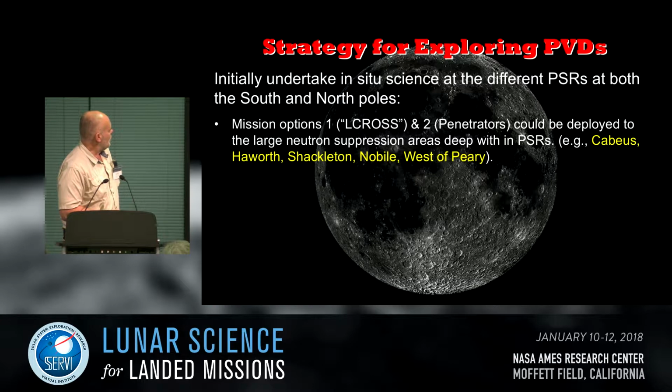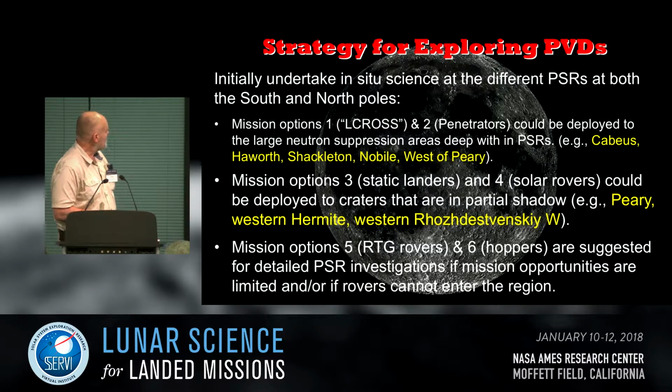So mission 1 and 2, or mission types 1 and 2, could be deployed to large neutron suppression areas deep within PSRs to actually get ground truth from more than just that little bit in Cabeus. Mission types 3 and 4 could be deployed in craters that are in partial shadow, and Amundsen is part of that as well, and that should be included here. But there are those that do afford these types of initial in situ analysis that